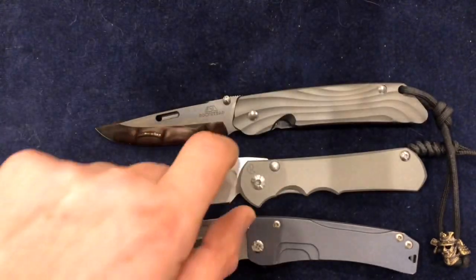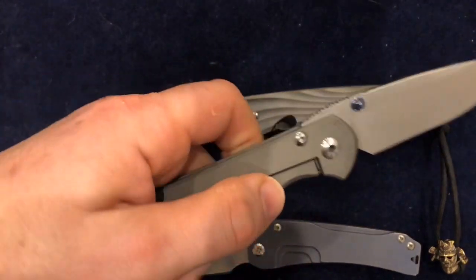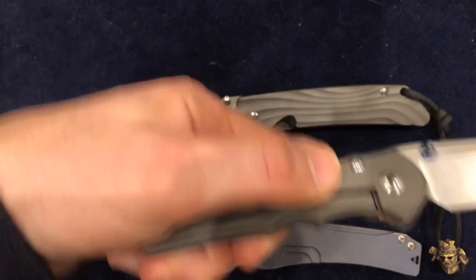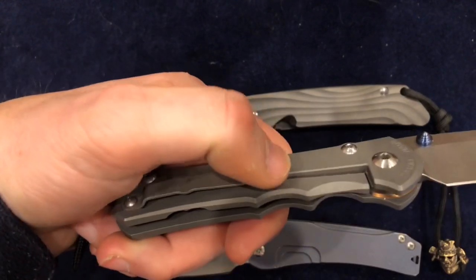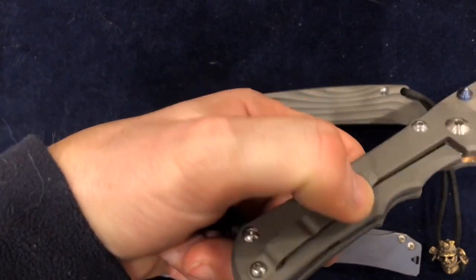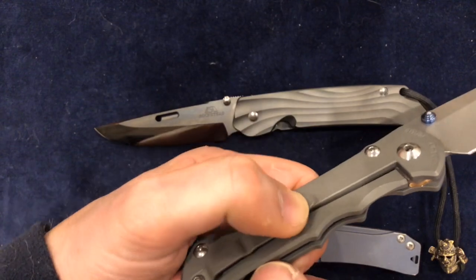The Inkosi lock is interesting for a number of reasons. One, it's the original frame lock, because Chris Reeve invented it, the integral lock. It has a very long amount of travel. The relief is right back here, right back at the end of the handle, which means that